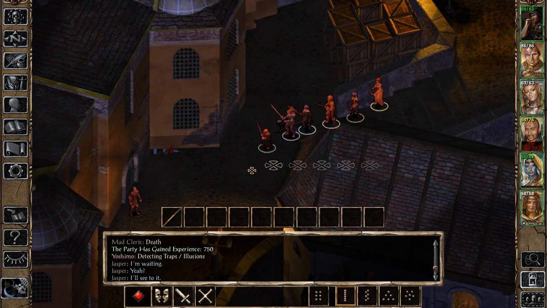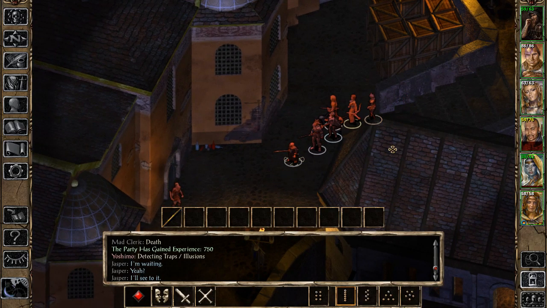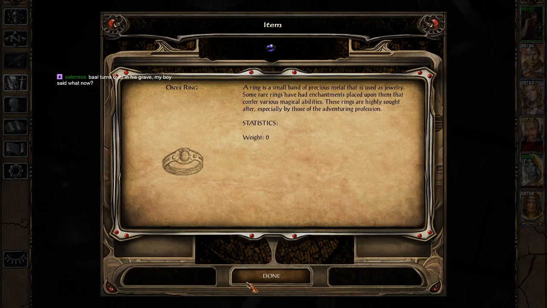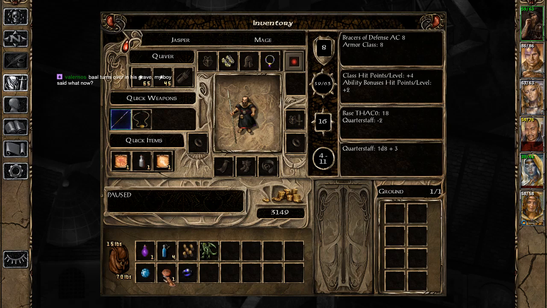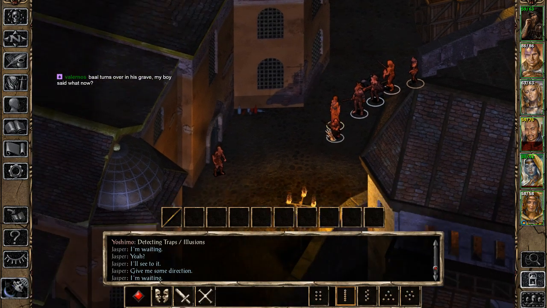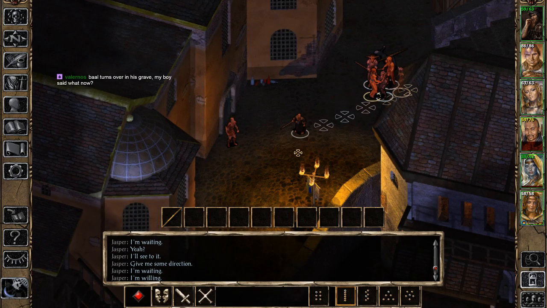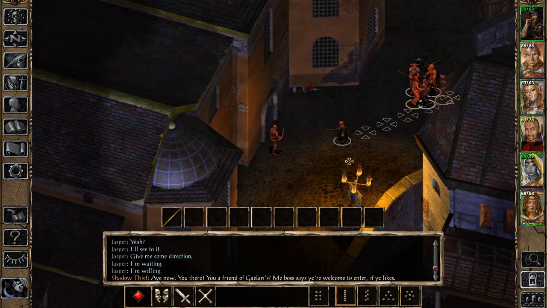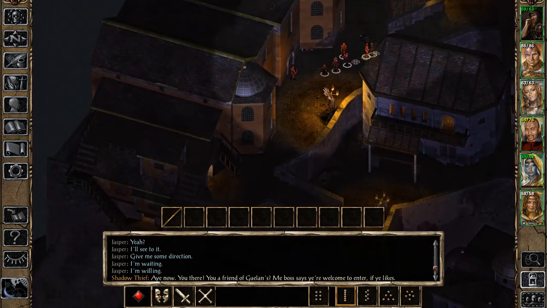I'll see to it. Give me some direction. Onyx ring, huh? A Jasper gem, hooray! Very appropriate. I'm waiting. I'm willing. Explain your intent and make it good. Oh, now, you there, you're a friend of Galen's. My boss says you're welcome to enter if you likes. Good, good, good, good. I am looking for...